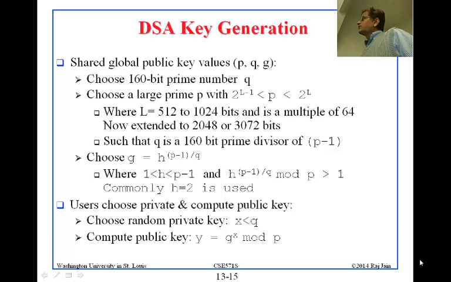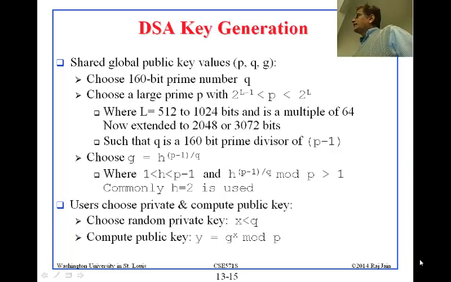Right? So H equal to 2 makes life easier because G is very easy to compute. So now you have P, Q, and G, and these are all global. Since these are all global, you don't have to worry about them. You will just read them from a book and use them. Now when you get a message,